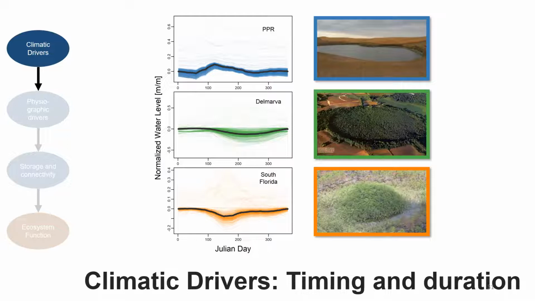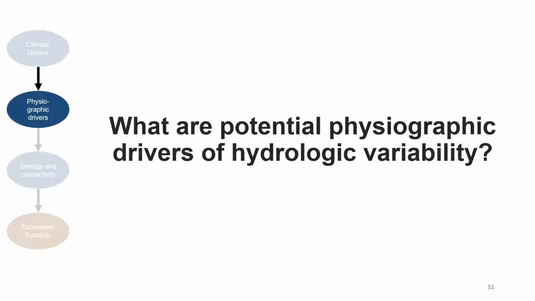In the Delmarva Bays, where I've spent so much time, we see a drawdown where the wetlands go dry in the late summer and early fall, and that's absolutely what those systems do. And then finally, in South Florida, you see a similar drawdown, but it happens much earlier, not because Florida is weird, although it is a weird place. It's mostly because it's hotter there earlier. So you have very different patterns, and those patterns are why we have different biota, even though they're along the same coast. And so we wanted to ask with this model, what are the potential physiographic drivers of this